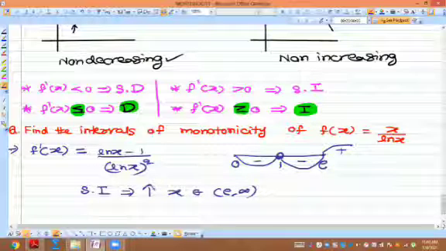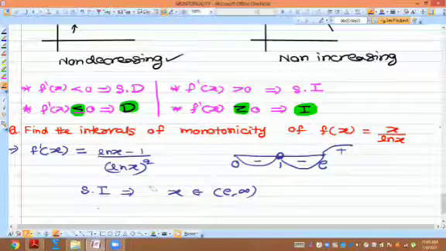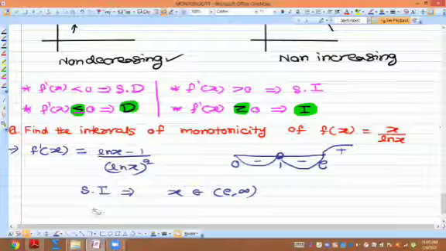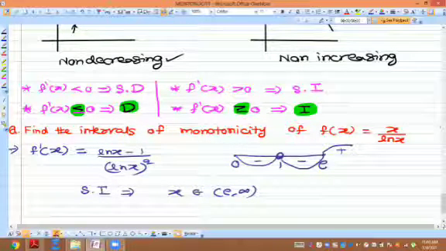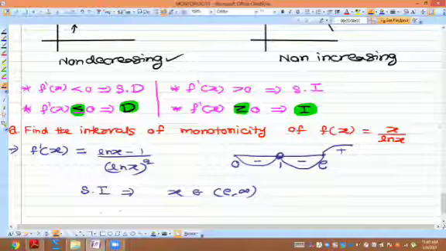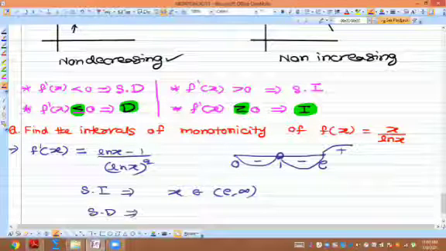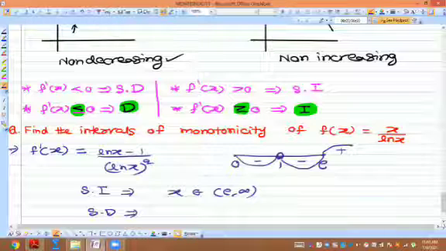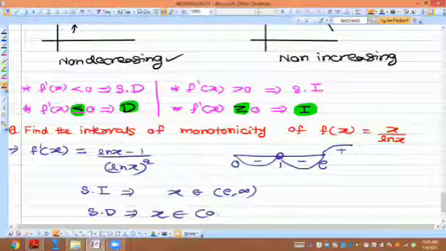Agreed? Strictly increasing between e to infinity. Strictly decreasing, right? I cannot write 0 to e because it is an open interval. At 1, f dash of x is undefined. So x belongs to 0 to 1 union 1 to